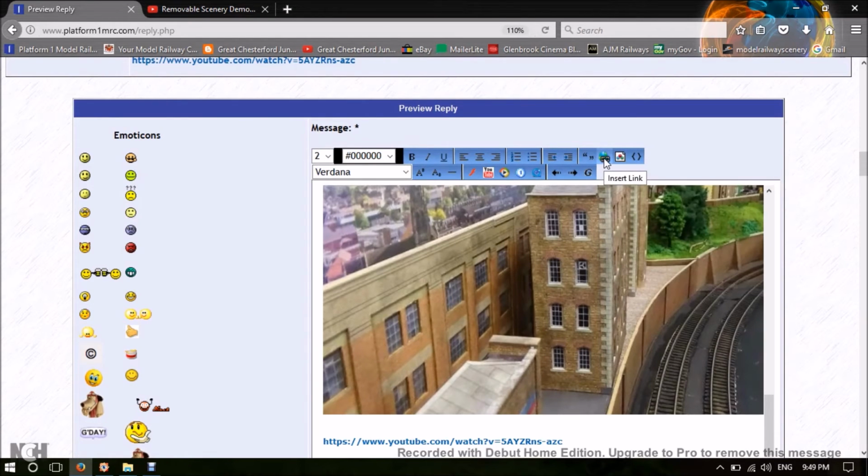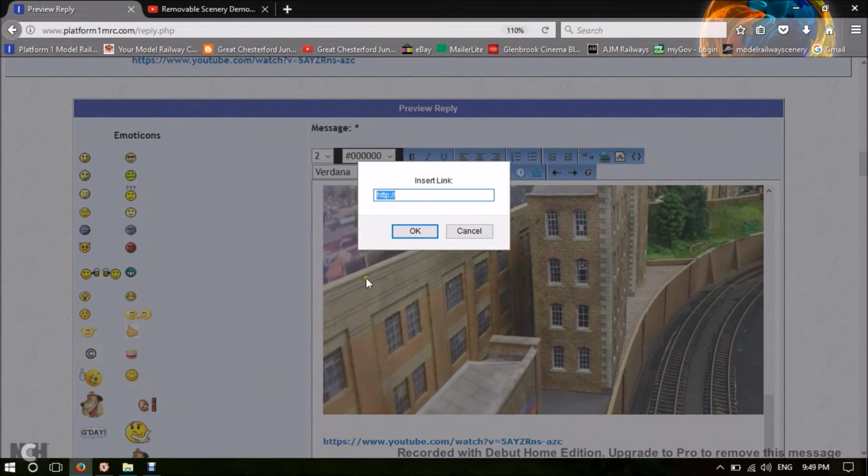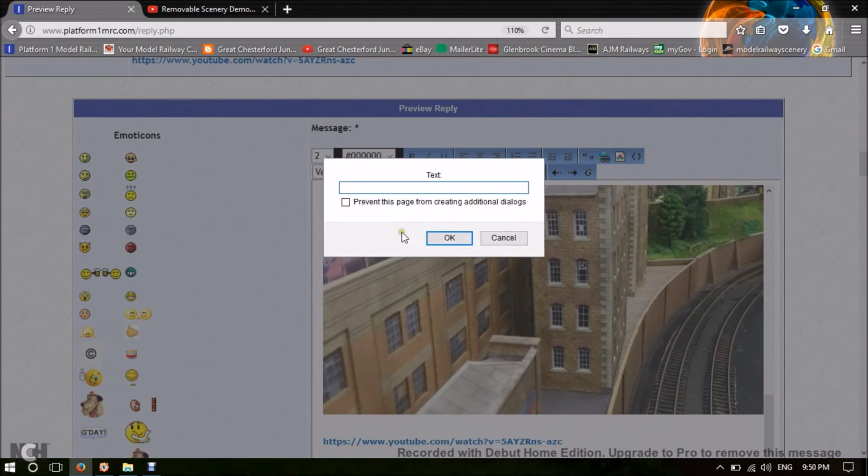Insert link. So the first thing you do is right click in the address bar there, click on paste. Now I usually use the back arrow key to just check that nothing's duplicated there, everything looks fine. Okay, now that's the link to the video, so we click OK, and then you can describe this link if you wish to. For the purposes of this video, we'll just call it demo video. You can call it what you like, but that's what we'll show. And then you click OK,